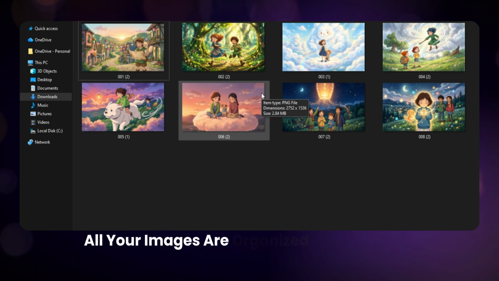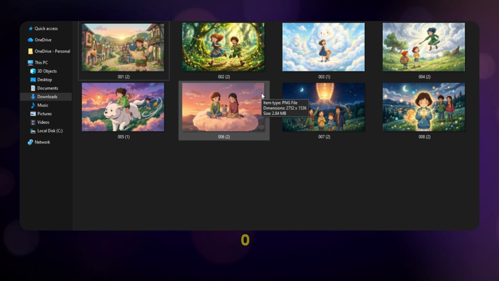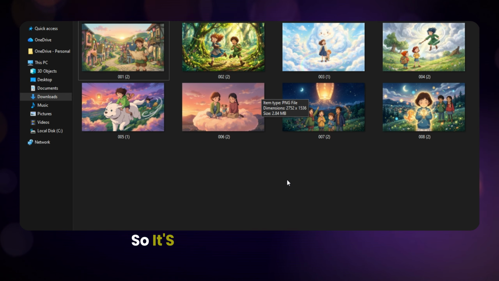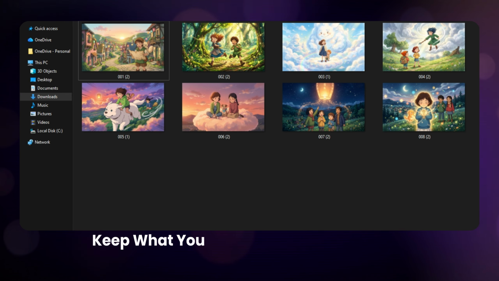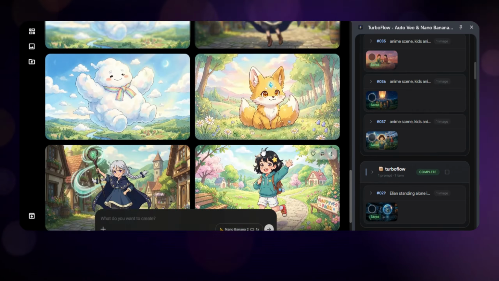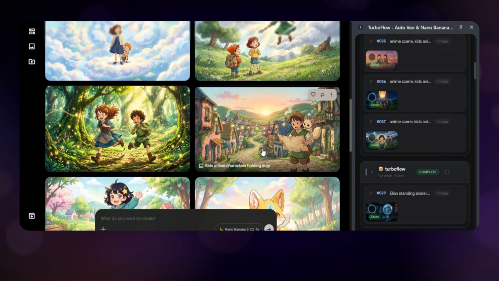When it's finished, head over to the gallery. All your images are organized by numbers: 001, 002, 003. So it's easy to go through them. Keep what you like, delete what you don't. That's Turboflow. Bulk generation, smart character consistency, and full automation